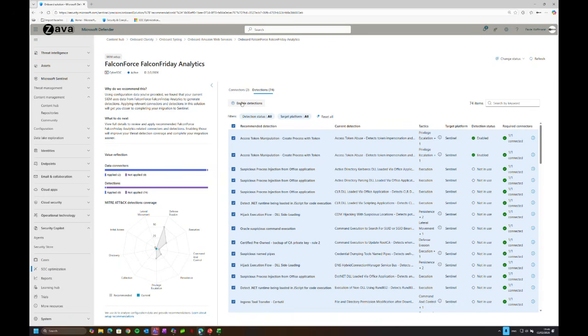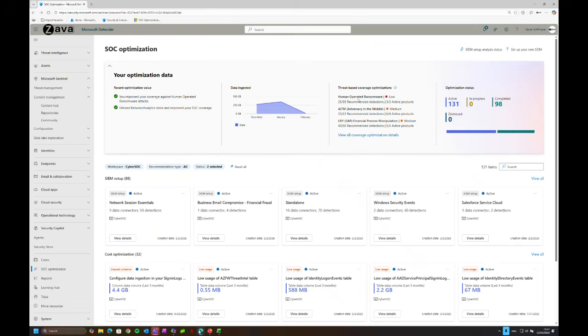I'll take a risk and I click the button. I'm not sure that there will be no errors. If I'm going to enable 74 detections, there might be some errors, but let's see if it will work. Okay, while it enables the detections, the last thing I want to show you is just, if you go back